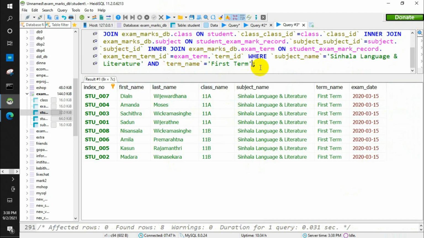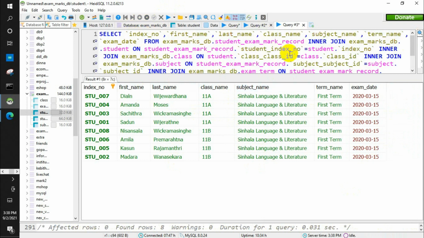Now what we have to do is get the mark. The mark should also come here. That part I'll just mention it here.